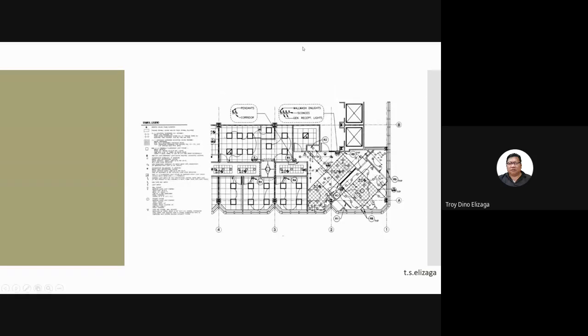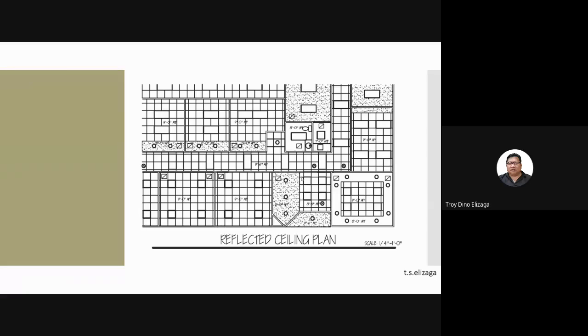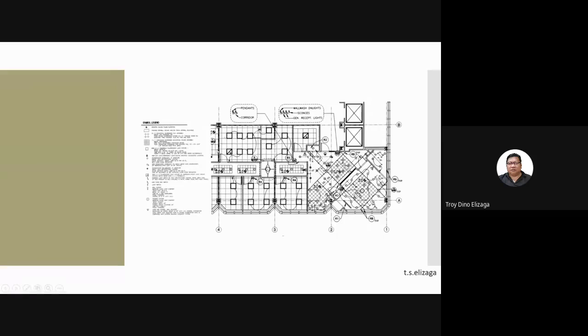So this one is like a combination of a reflected ceiling plan and a lighting plan. But normally we avoid doing this because it is very complicated to look at. So we do what we did earlier, a separate lighting plan from a reflected ceiling plan. And notice that there is always a symbol legend at the side, okay, because you're going to make your own